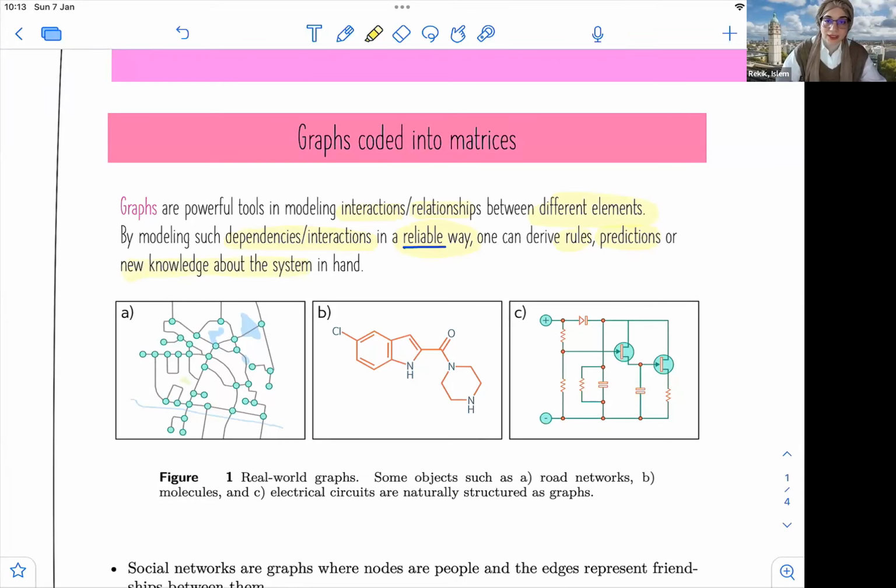So graphs are actually very powerful. They're also very prevalent. A lot of real world data manifests in graphs. For example, here, we can see that A represents road networks. We have in B molecules. So this is a molecule. We have in C electrical circuits that are naturally structured as graphs. So we have a bunch of nodes and a bunch of edges with different connectivity types. So you can see here that we do have different real world data that can be encoded or